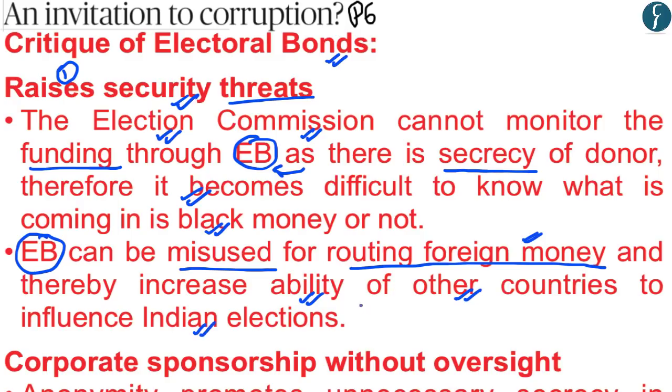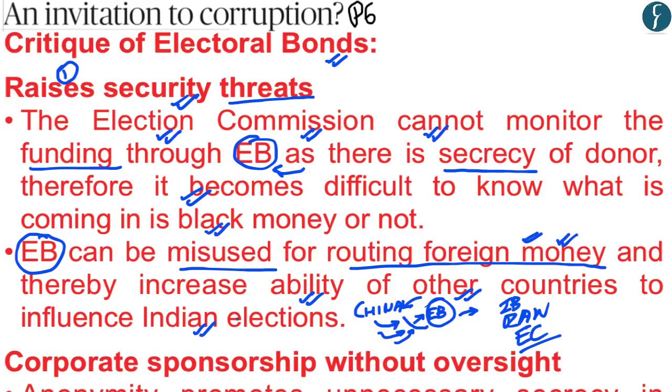Wherein what countries such as China can do is provide money to various individuals who are citizens of India, who then, on behalf of China, would purchase electoral bonds and thereby sponsor any political party which has a pro-China stand. And since Indian intelligence agencies such as the IB and the RAW cannot monitor who has purchased the electoral bonds, or through which money that person has purchased them, it increases the ability of foreign countries to influence